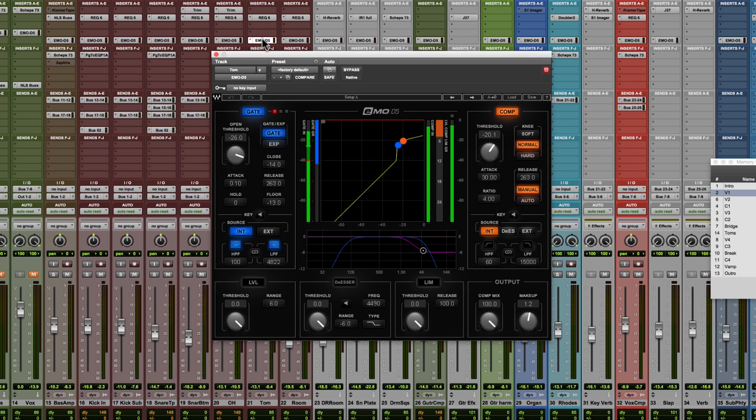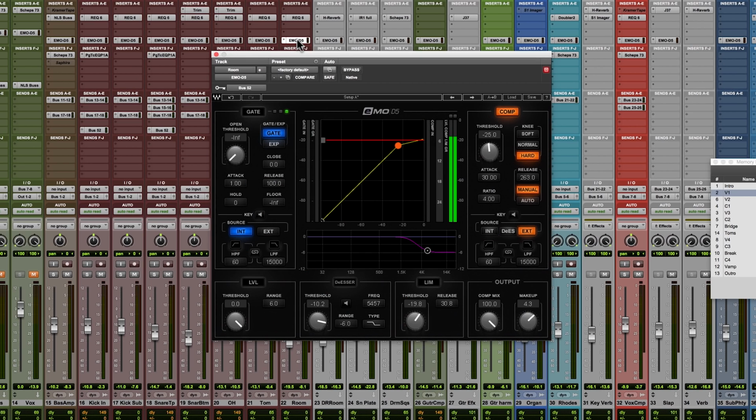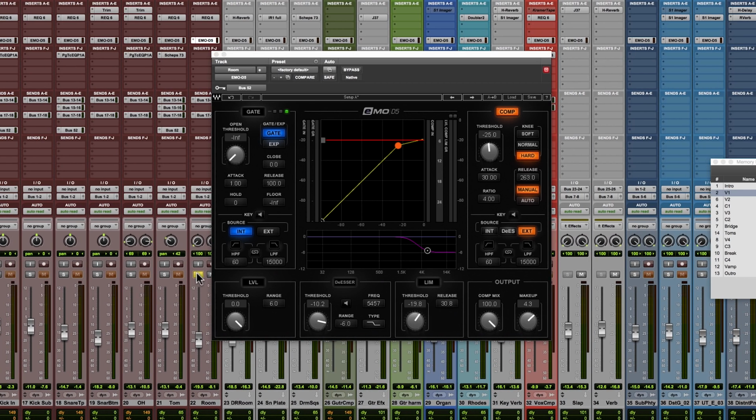I want to show a couple of other things on here, which I think are kind of fun. One is right here on the room track. What I've done here is set up an external send, a pre-fader send, to feed in to be the external key. And this is for the compressor section, on the room track. I kind of like to do this. And the basic idea of this, if I solo it up,